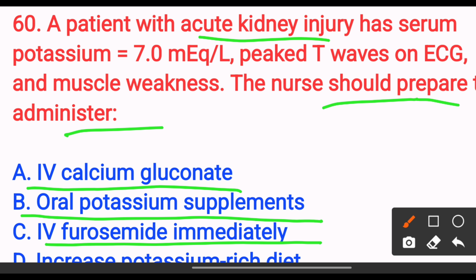The answer is option A, IV calcium gluconate, because of severe hyperkalemia with ECG changes, so we need to give the antidote. IV calcium gluconate is given first to stabilize the